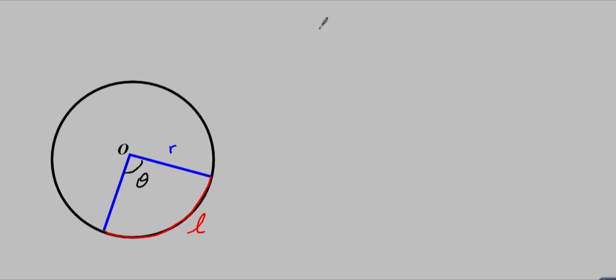So if this is a full circle, when the angle that you rotate through is 360 degrees, you go around the entire circumference of the circle, which is 2 pi r. One full circle takes you around the center 360 degrees, one full revolution, and takes you around the circumference, which is 2 pi r. Now if the angle that you go through is simply theta,